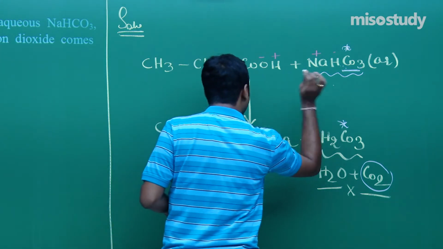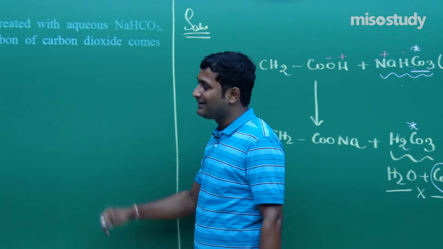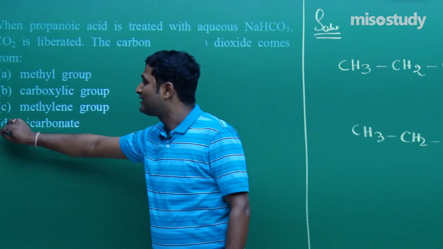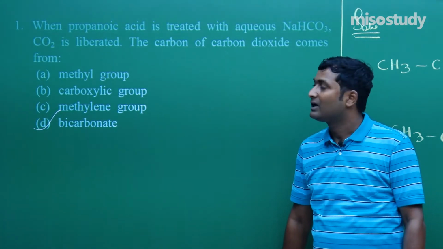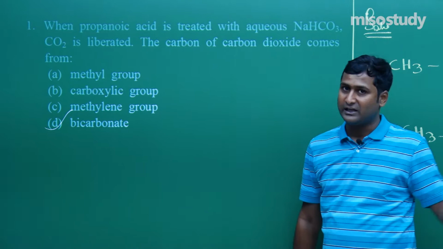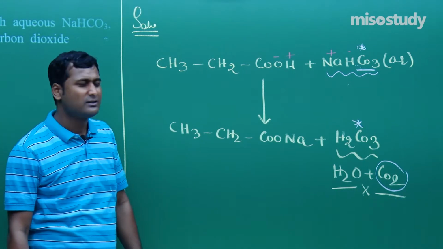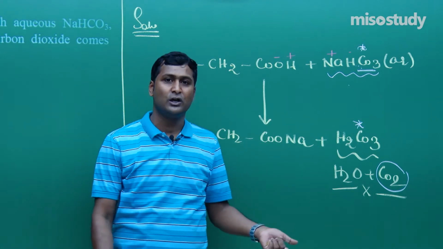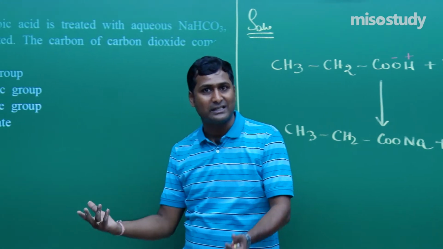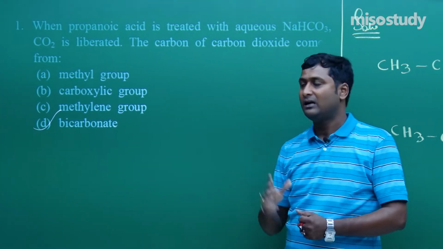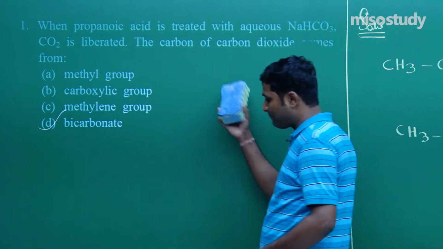Clear? So what is the option for this question? Sir, now it's very easy, the option is D. For question number 1, D is the correct option. Clear? Check out the option, check out the explanation. This is one of the best questions, or you can say a slightly tricky question. Sometimes we face such kinds of questions in competitive examinations. Clear? Now I'm going to rub this part, friend, and we'll discuss the next section.